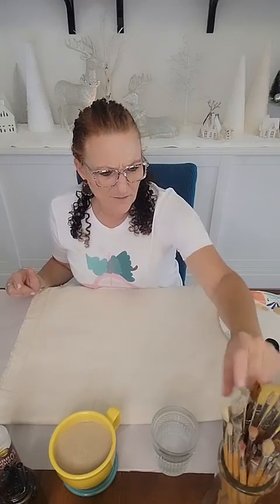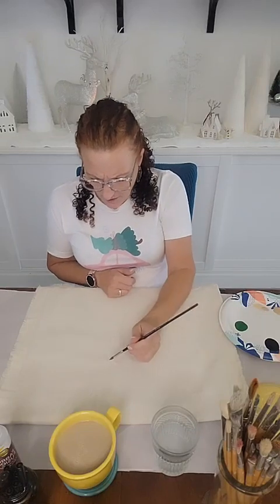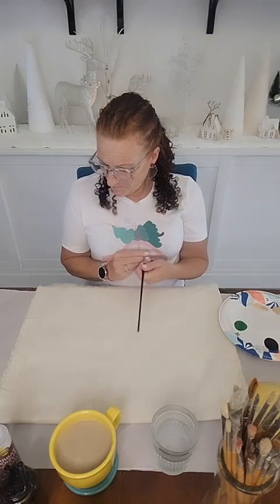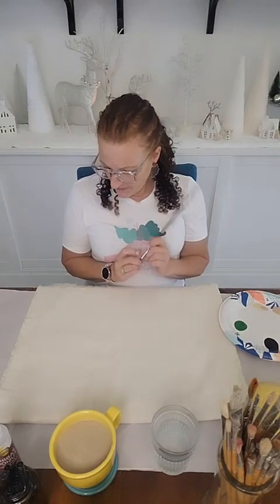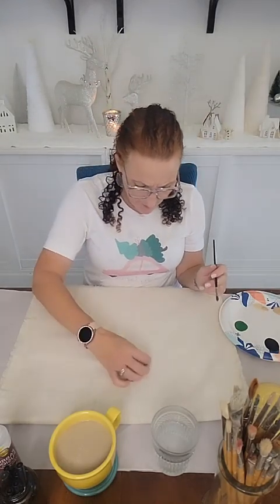Now I am looking for more of a round brush to do the detail, and then probably a flat brush to paint it all in. But let's do, I want one with polka dots. I want one with the zigzags going through the middle, and then maybe a swirly one. So I'm going to do my